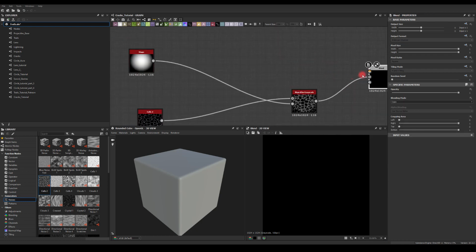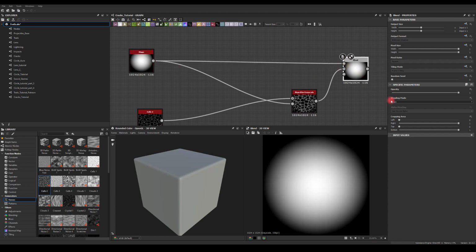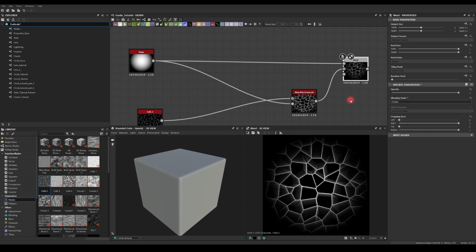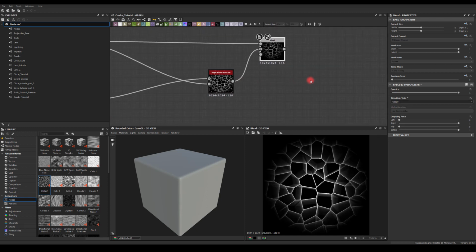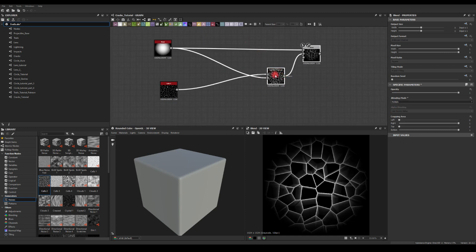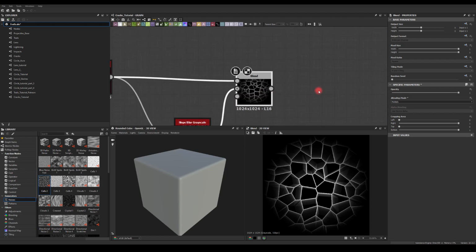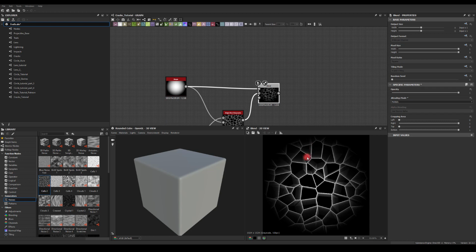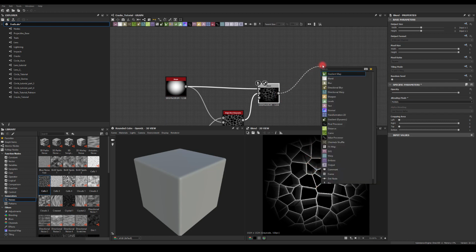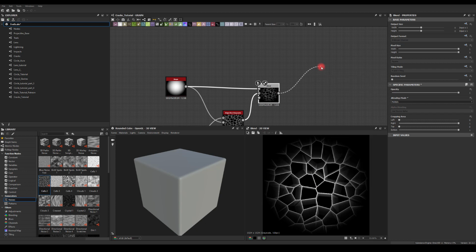Let me zoom in as well if you wanna have a look at what I'm doing. I'm gonna blend it with this soft circle on multiply. So as you can see, we've got a really good starting base for this texture. So now the edges look a little bit too uniform for me. So I'm just gonna get rid of some stuff from it. So I'm gonna blend it with